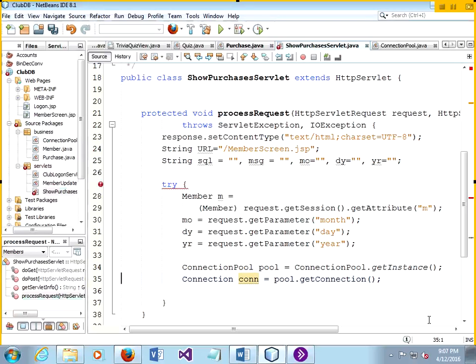I think that's what I imported. Yeah, I used the Java SQL connection. Okay. So let's look at this. So once we've got